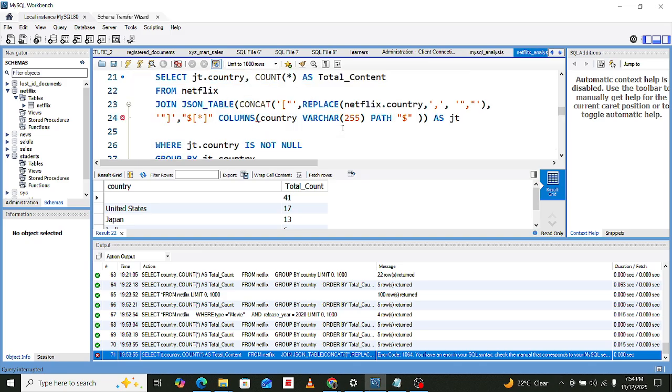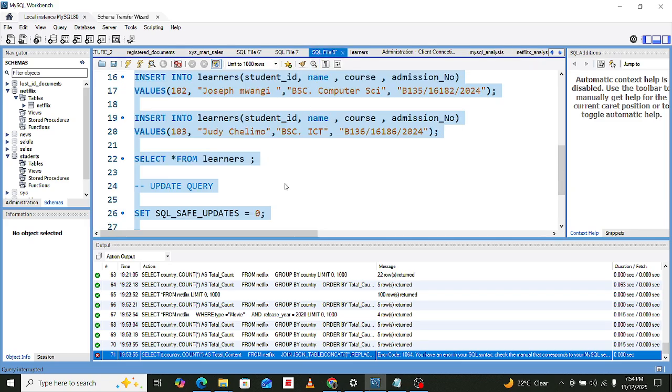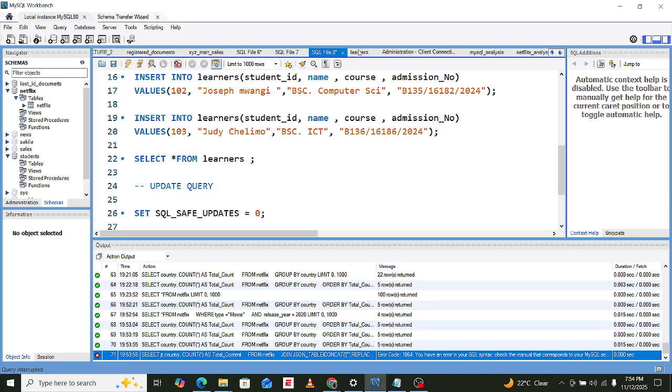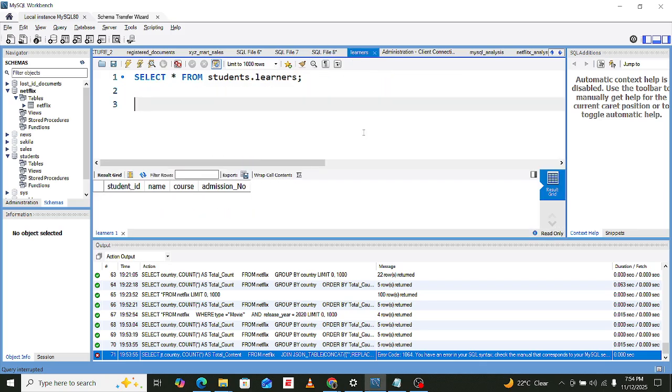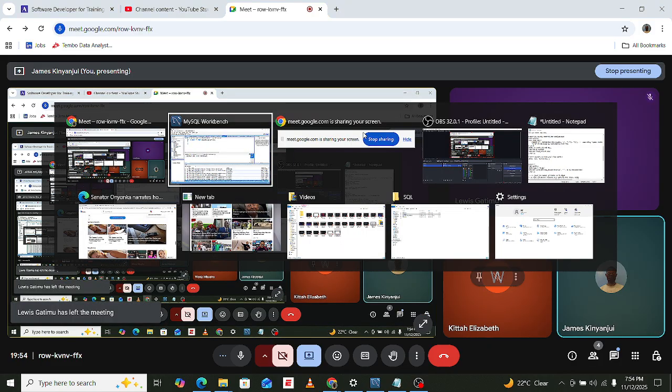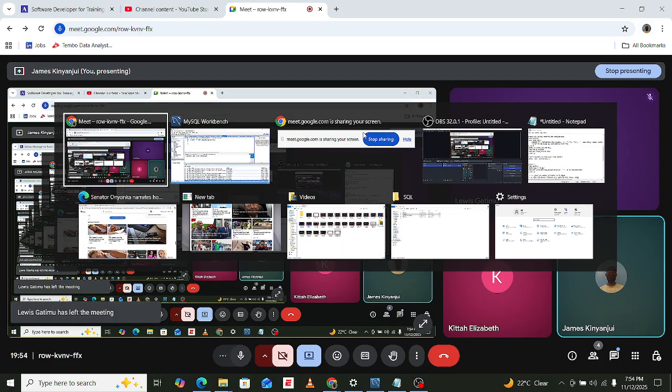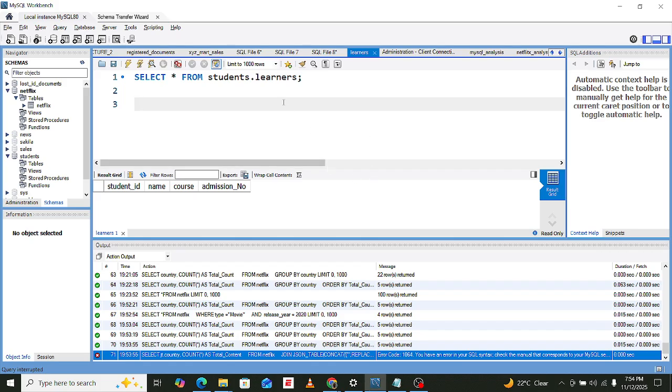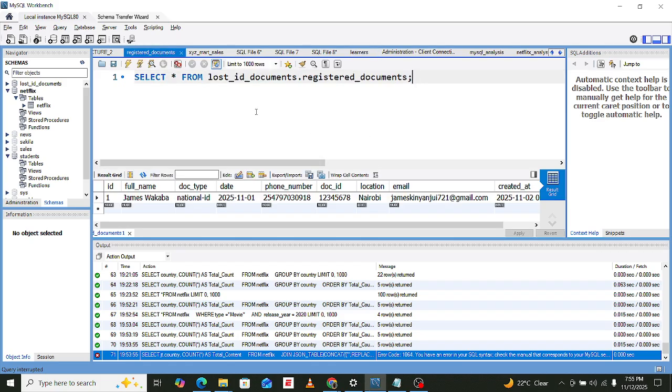Let's see where we have concat. Let's see this. I had written this query somewhere else. Let me just try and check this somewhere. I should be having that query somewhere else.